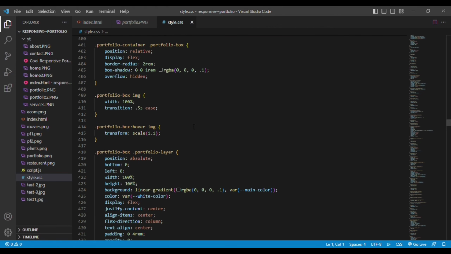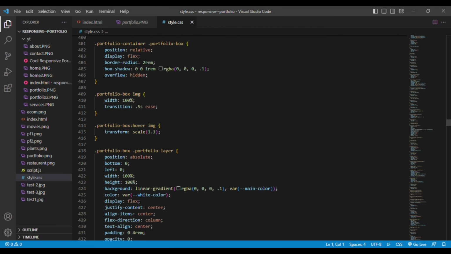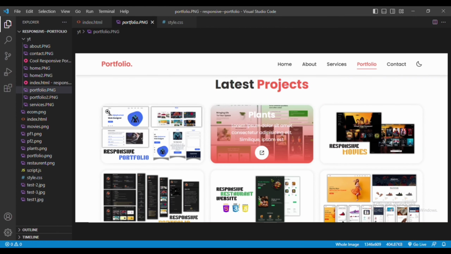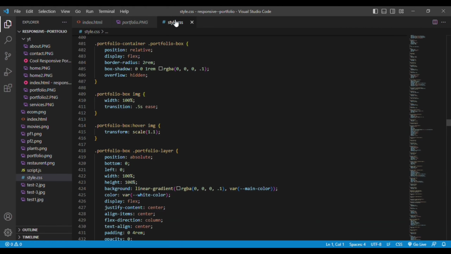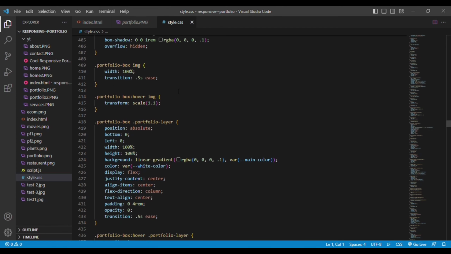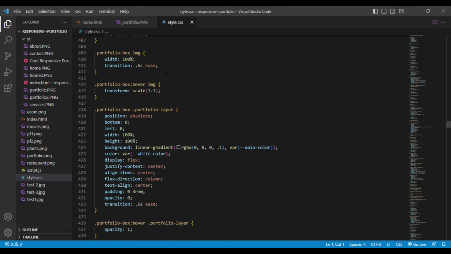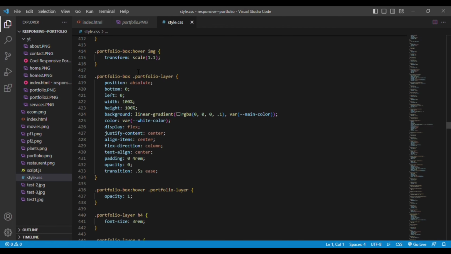Then we have the portfolio box, that is a single box, which uses display flex. Then border radius is 2rem. You can see the border radius is 2rem. Then we have overflow as hidden, so if any element is bigger than the box size and moving out of it, it is hidden. Then we have the portfolio image with the transition. You can see here, whenever you hover onto it,